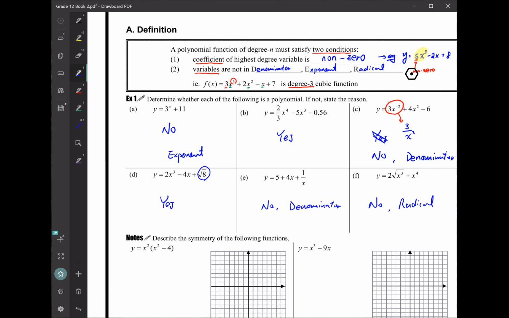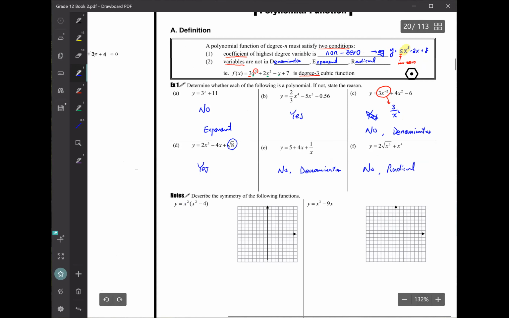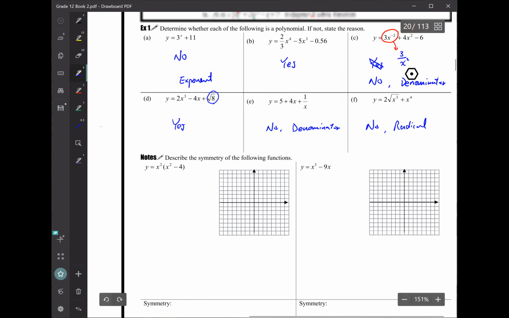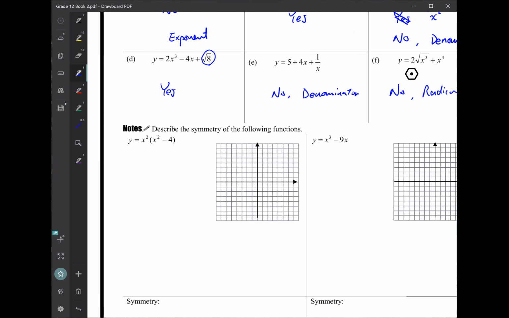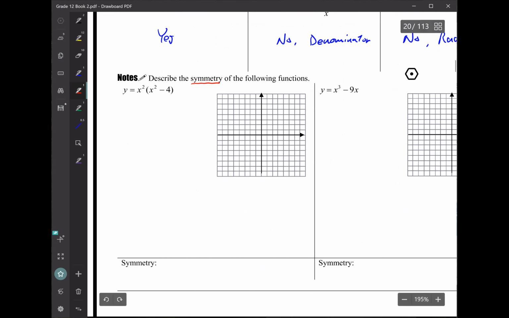Okay, next thing we're going to talk about is the graph. We're starting to do some easy graphs first. Sometimes the graph can have symmetry. So there are different kinds of symmetry, and there are two kinds here. The first kind, let's put it down here, is symmetry over the y-axis,